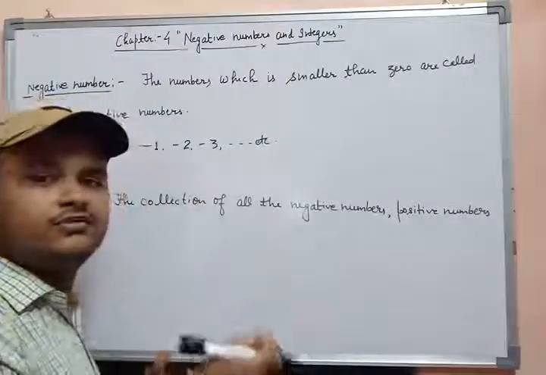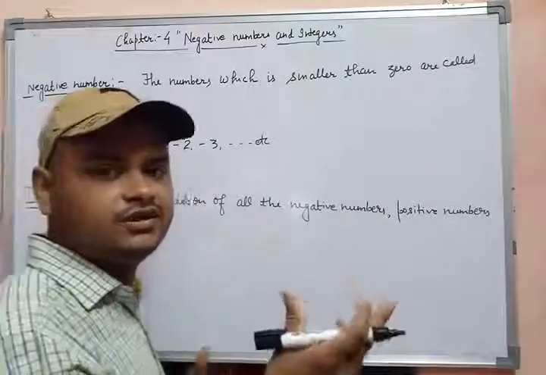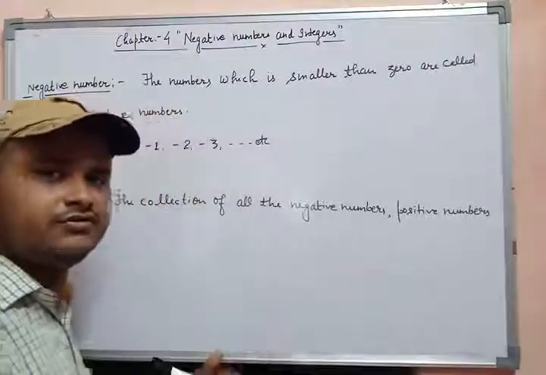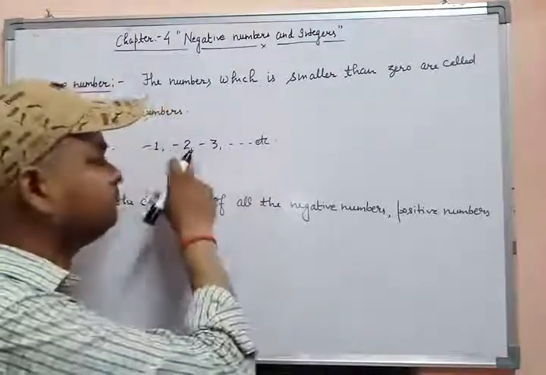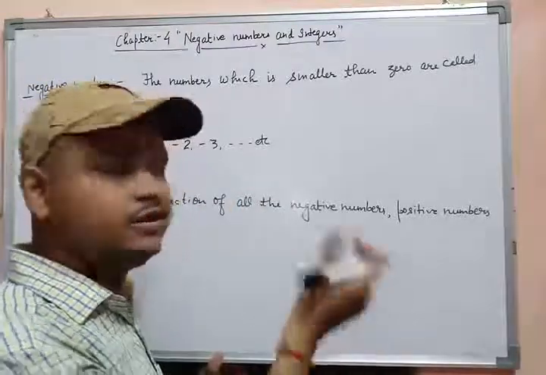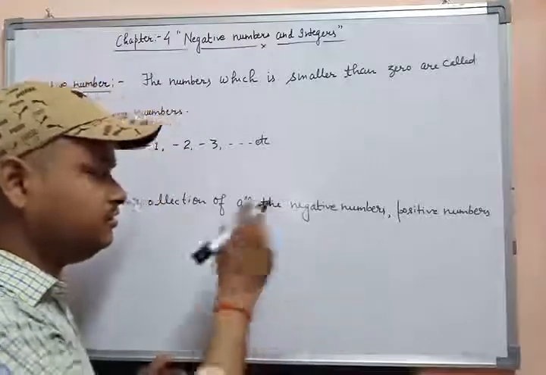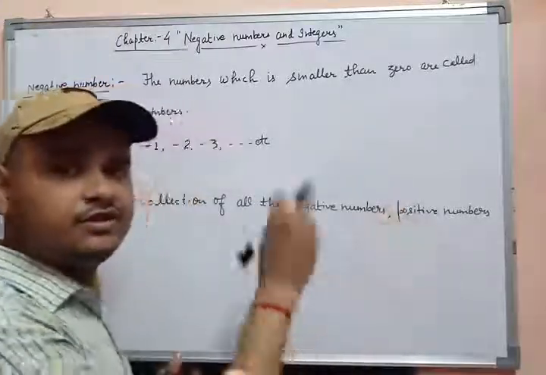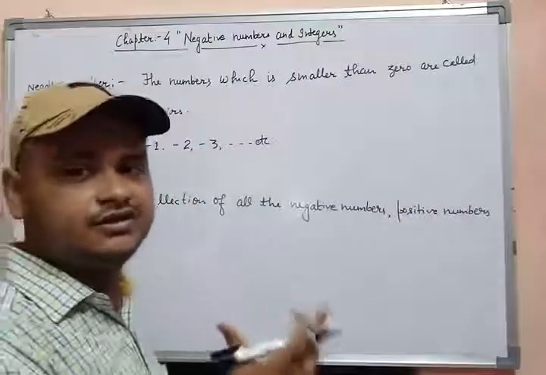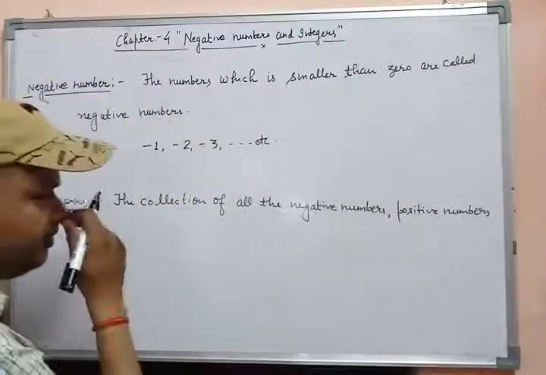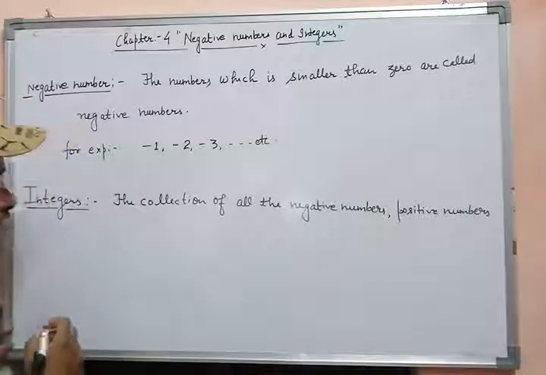0 से जो बड़े नंबर होते हैं जैसे 1, 2, 3 एंड सो ऑन, ये सभी पॉजिटिव नंबर हैं। और 0 से जो छोटे नंबर होते हैं जैसे -1, -2, -3, इनको हम कहते हैं नेगेटिव नंबर्स। सभी नेगेटिव नंबर, सभी पॉजिटिव नंबर और जीरो को मिलाने से हमें एक नया कलेक्शन मिलता है जिसका नाम है इंटीजर्स। The collection of all the negative numbers, all positive numbers